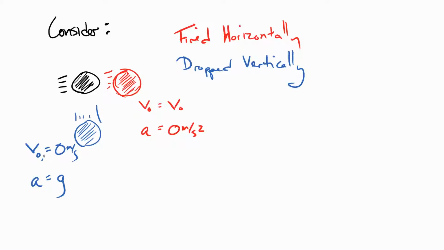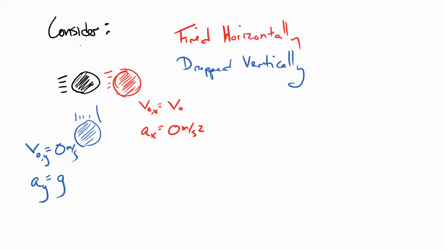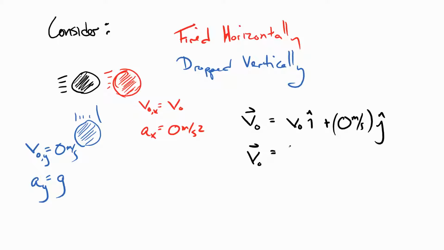And to combine them, we now need to note this is talking about the information in the y direction. This is talking about the information in the x direction. And we need to be able to put this together. This is where vectors start to come in. So we would now say things like the initial velocity, the vector, looks like v naught i hat plus 0 meters per second j hat. Or what is slightly more common in my preference, I tend to write it more like this. They call it bracket notation,